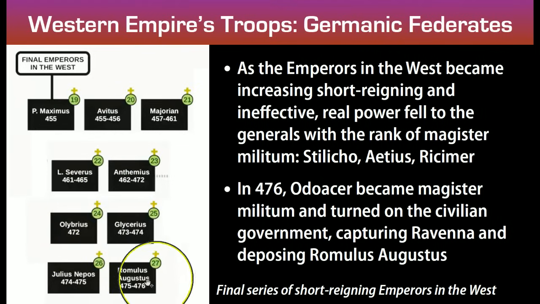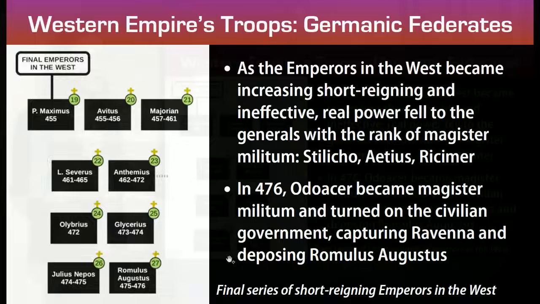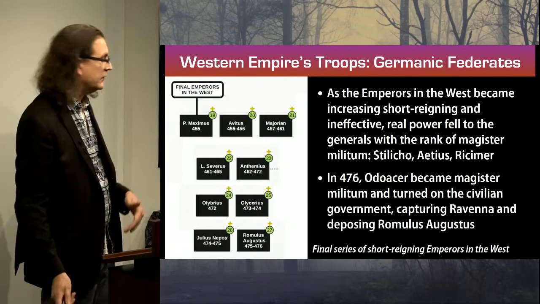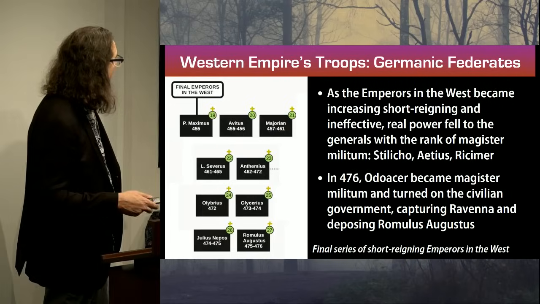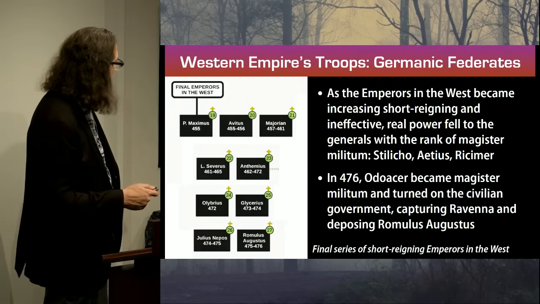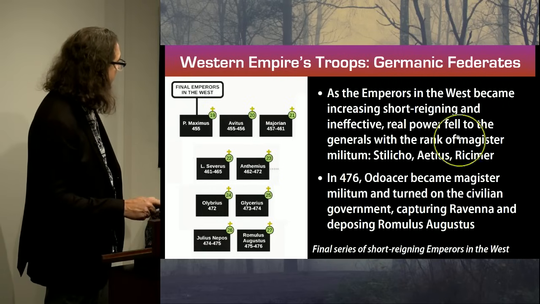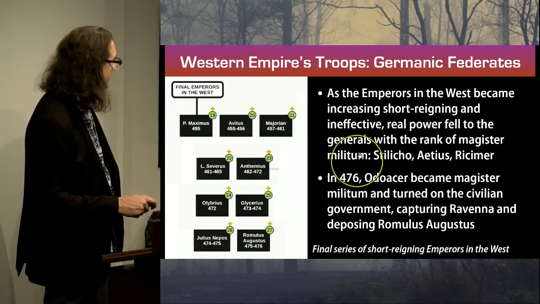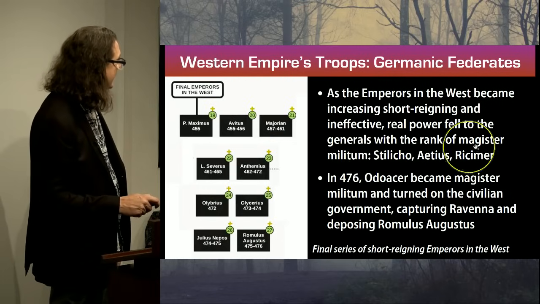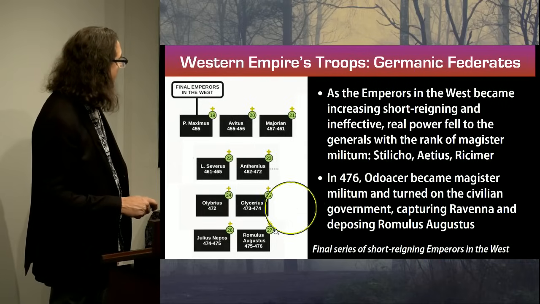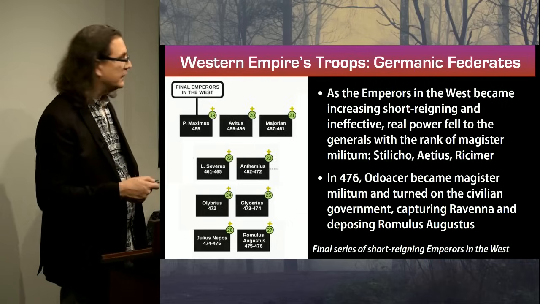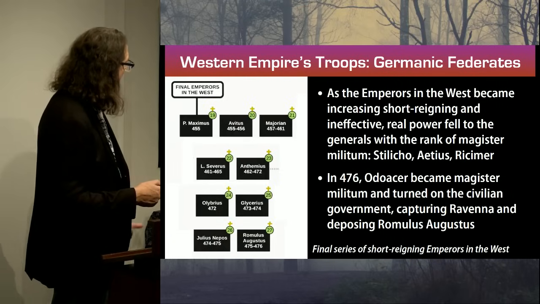And so when that's happening, as you can imagine, the office itself is radically losing its capacity or its power or its control over anything. So the real power starts to be in the rank of the Magister Militum, which is to say the chief general of the army, and those are people like Stilicho, Aetius, Ricimer. So in 476, a German named Odoacer